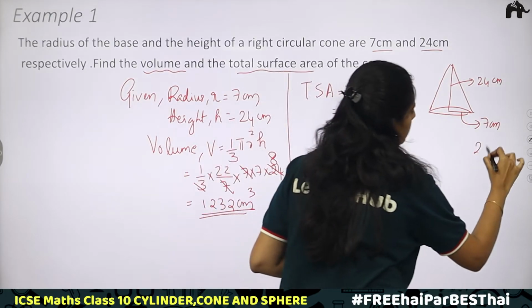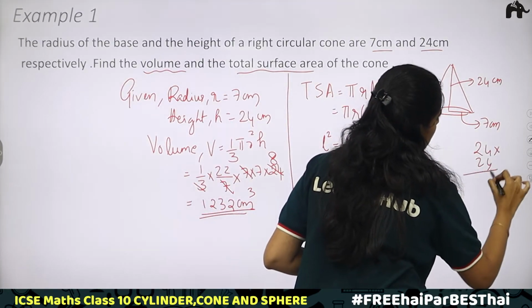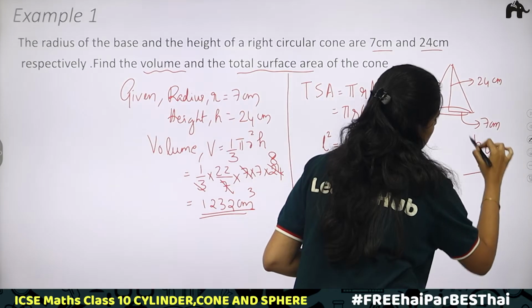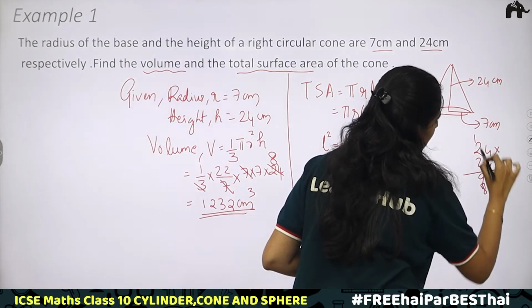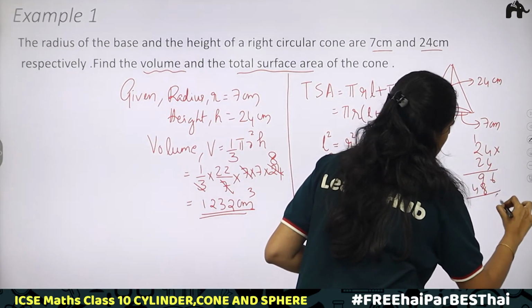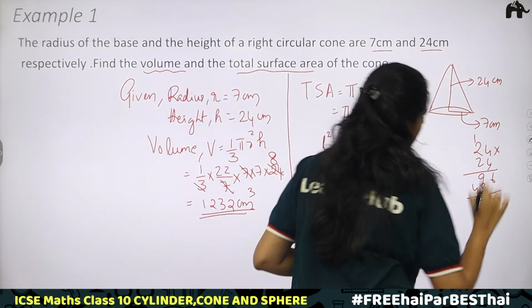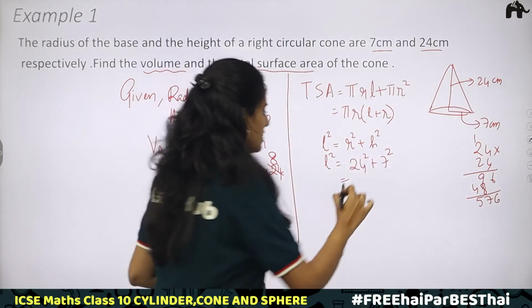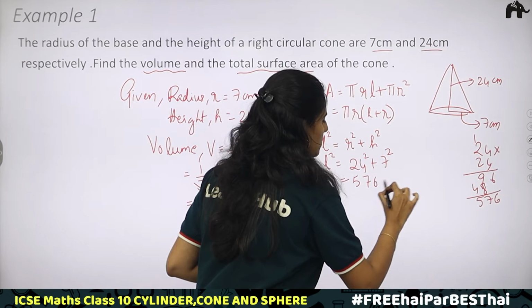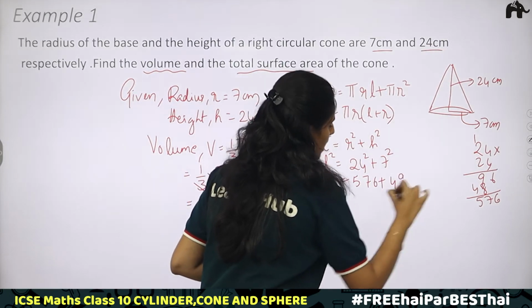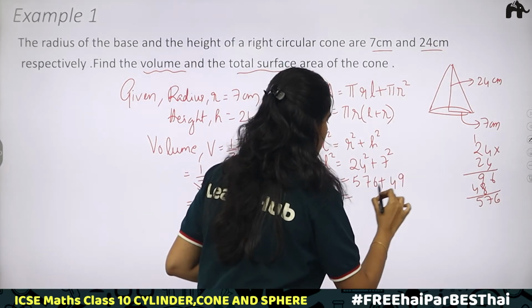24 square. 24 into 24. 4 4s are 16. 4 2s are 8, 9. 4 2s are 8. 2 2s are 4. So that is 576. 576 plus 7 square, 49. When you add, you will be getting